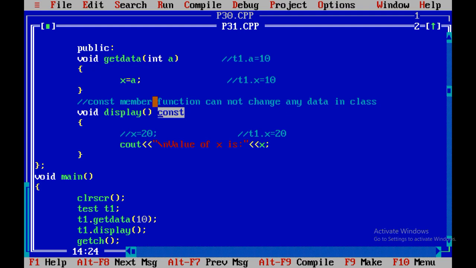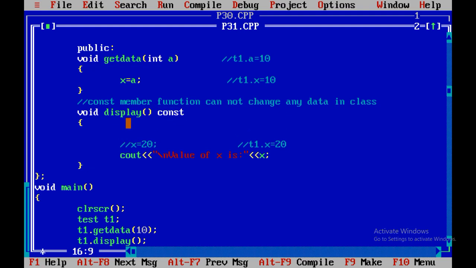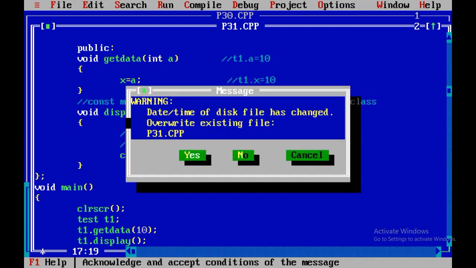In this way you can declare any function as a constant function. This line will generate an error.